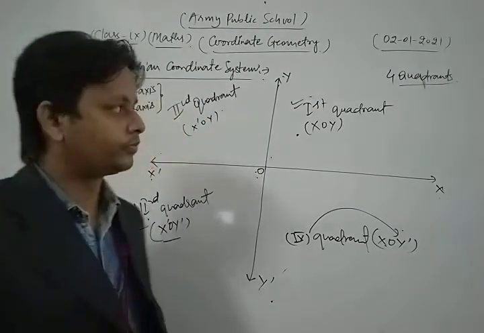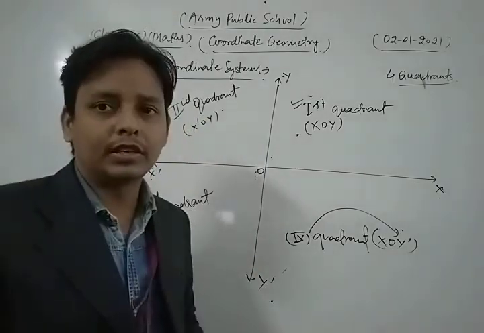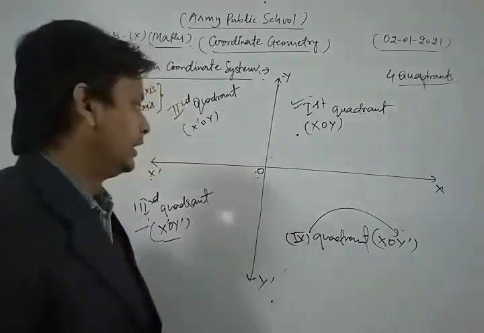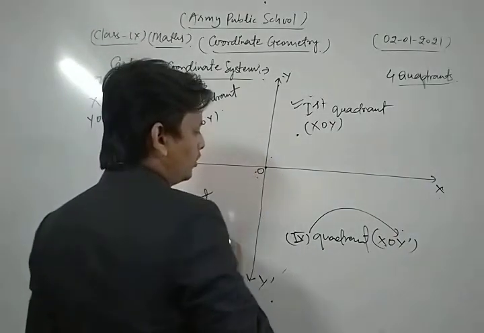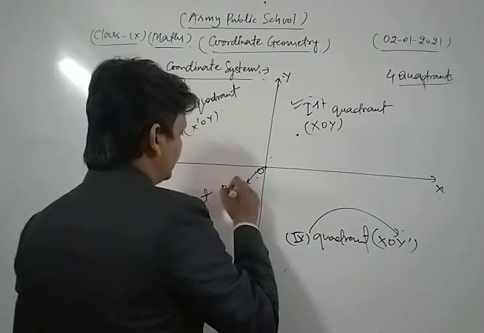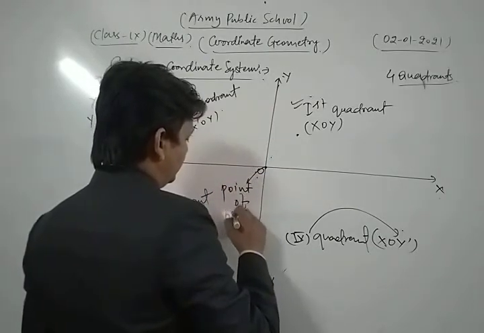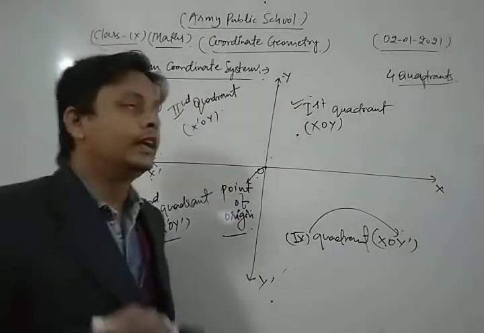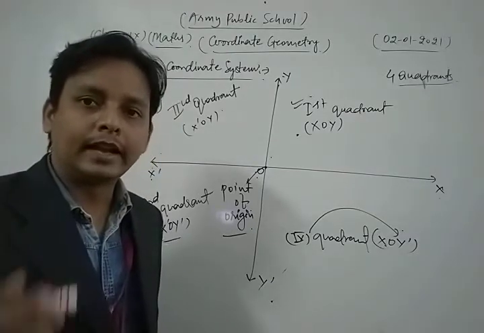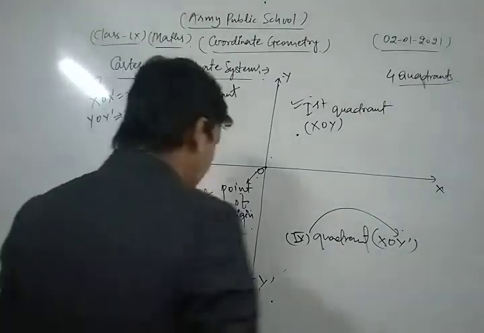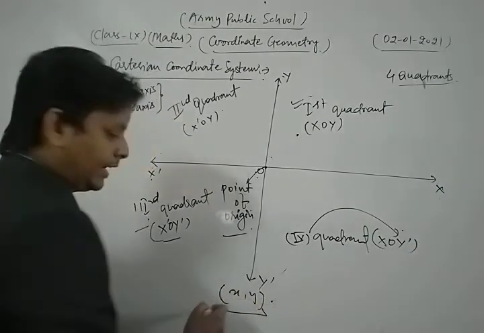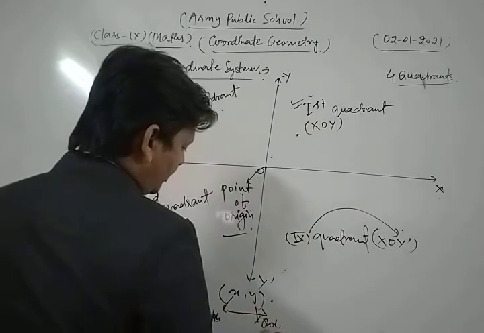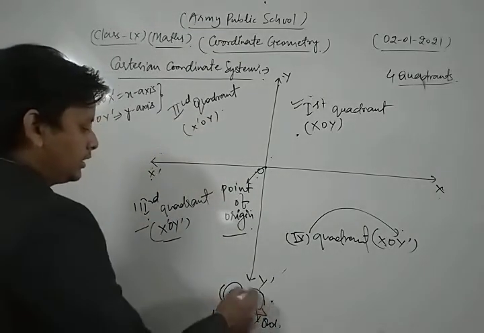Okay, dear friends. Now what is the main concept of this Cartesian coordinate system? Dear friends, here the point of intersection of both the axes is called the origin. Here O is what? This is called the point of origin. And one of the most important things is that in any coordinate system, any coordinate can be written in the form of an ordered pair. So any coordinate is written in the form (x, y). Here x is your abscissa and y is your ordinate. Okay, x is known as abscissa and y is called ordinate.